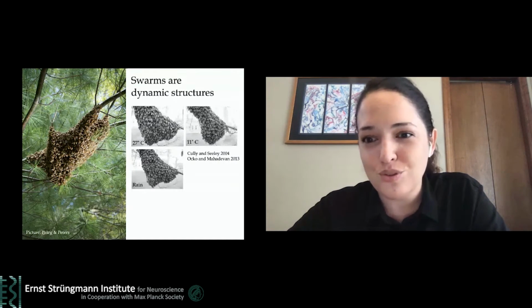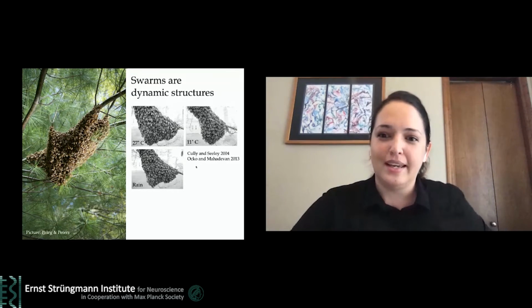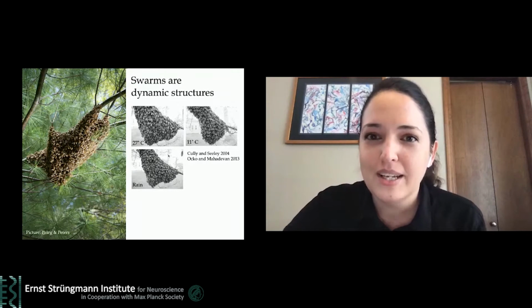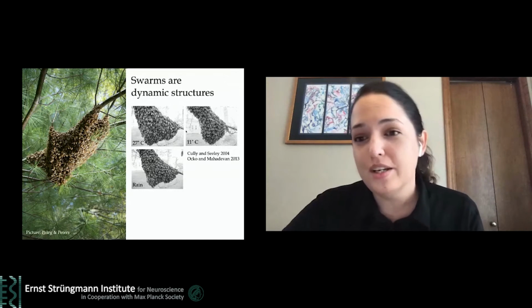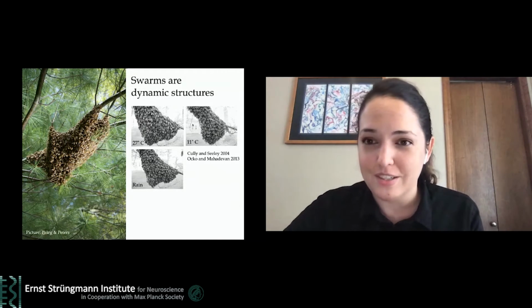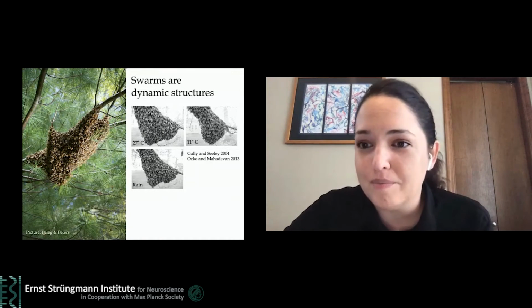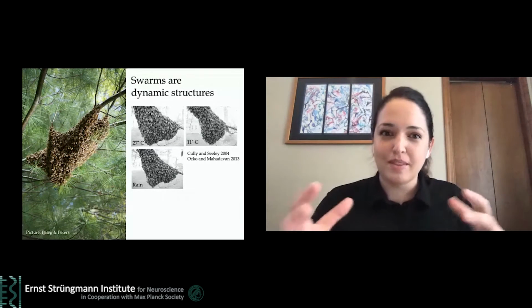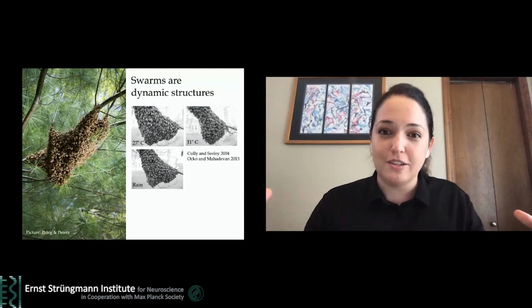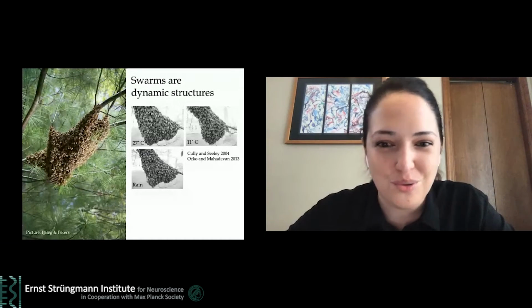And indeed they do. So there's a beautiful set of work from Tom Seeley that were then extended by my postdoctoral lab that show that honeybee swarms adapt to changes in the ambient temperature. So these are the pair of photos that I'm showing here at the top. On the right side, you see a swarm at cold ambient temperatures, and then at high ambient temperatures, the bees modulate density. They also respond to rain